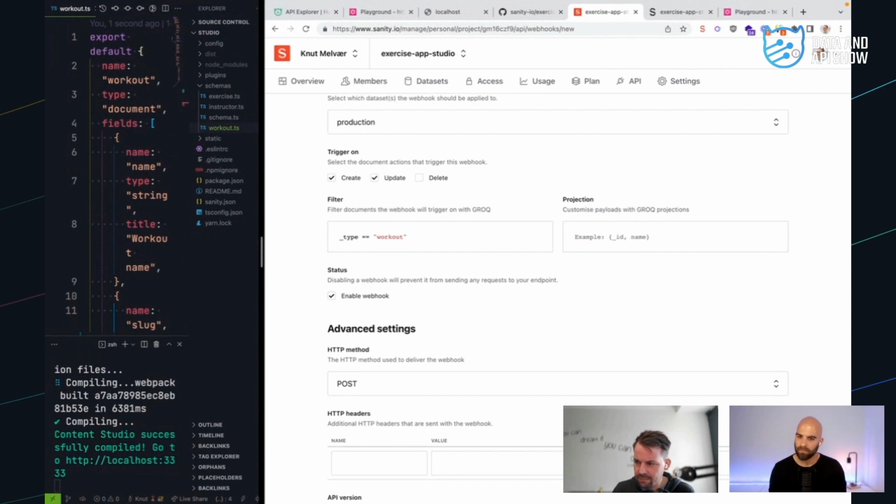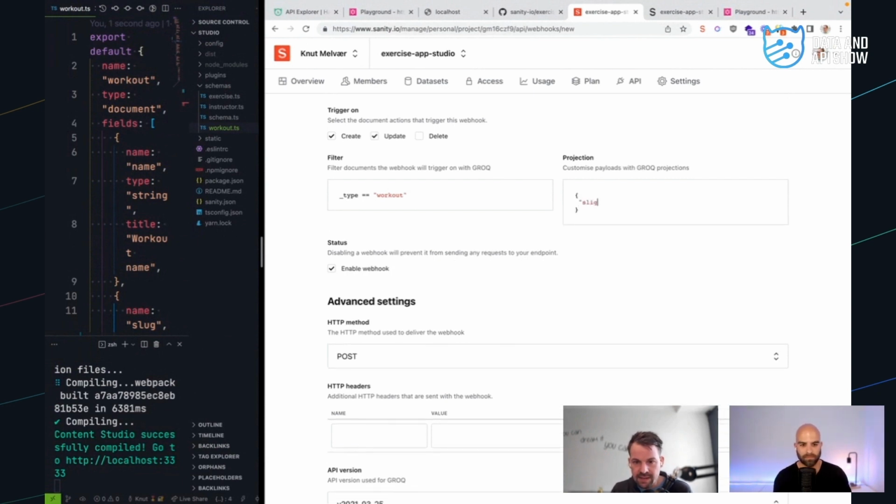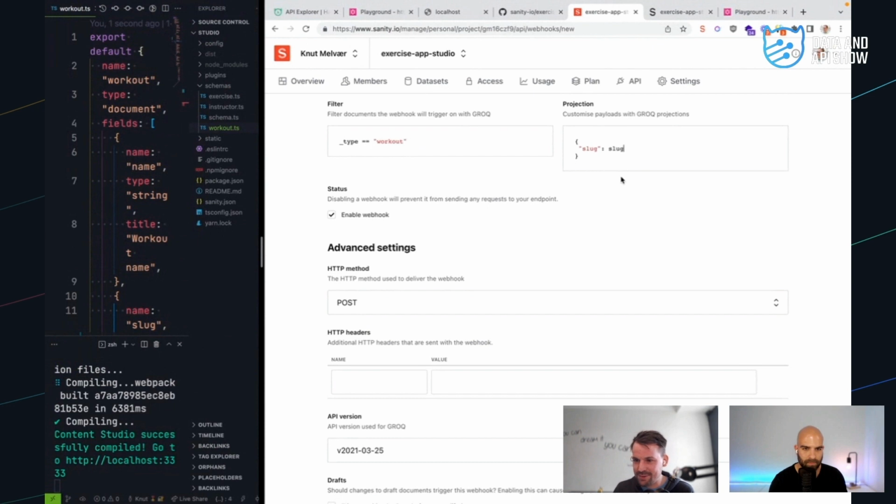Do we need more constraints than that? Probably not for this case. We also have handles, so we can say, if this value was this before and this after, wherever in the JSON document, do this and so on. So it's pretty flexible. Now we can decide what the payload should be. Should it be actually this? Just slug, and then the value you want to pass in. Yeah. And this is also using GROQ, so you can compose it. We could probably compose the GraphQL mutation inside of this as well, but that would be more verbose. So I'm glad we don't have to.